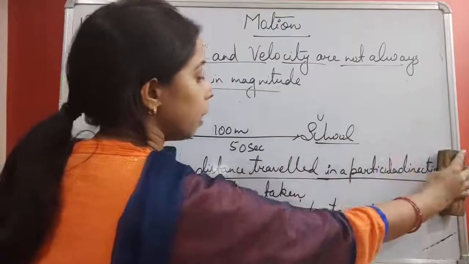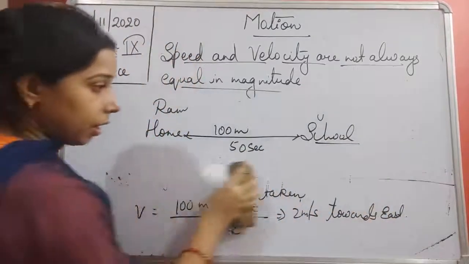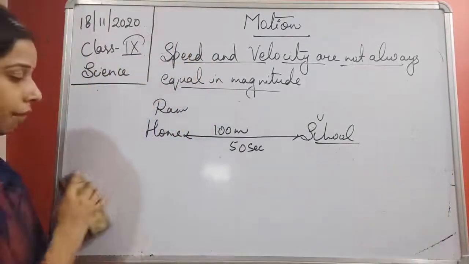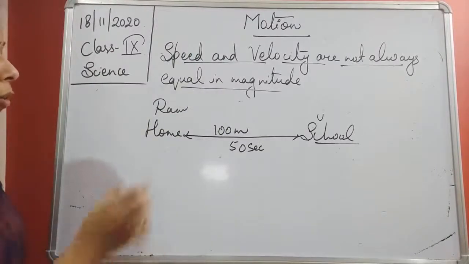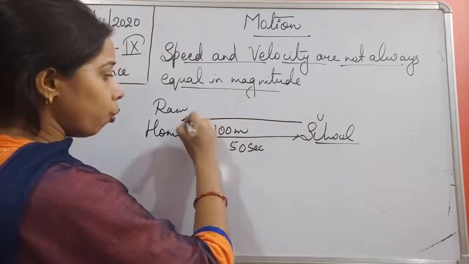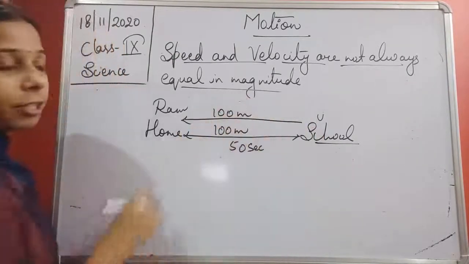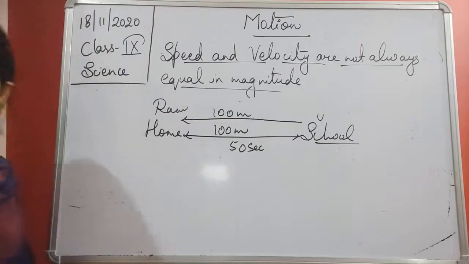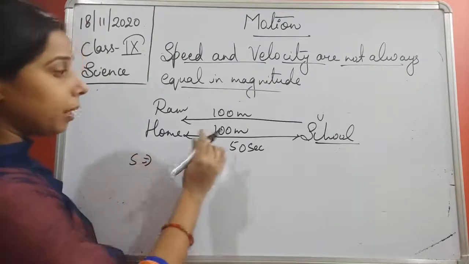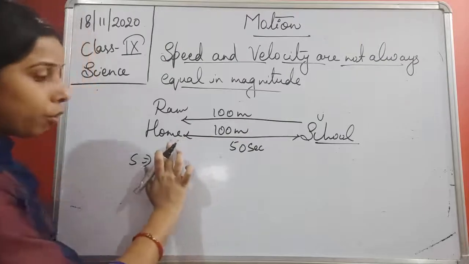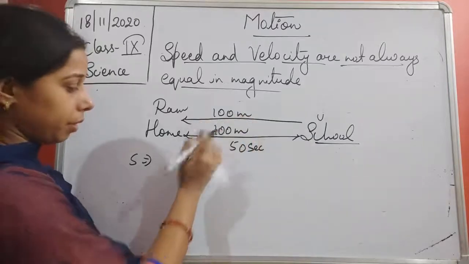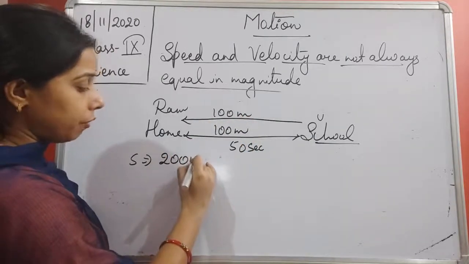Now you see, students, what if it is not moving only in a straight line, but follows the same path again in the reverse direction? Ram travels 100 meters from home to school in 50 seconds, and again he travels from school to home, 100 meters in 50 seconds. So what will be the speed and its magnitude? Speed will be, at first he moved from home to school, 100 meters in 50 seconds, and again 100 meters. So 100 plus 100, that will be 200 meters